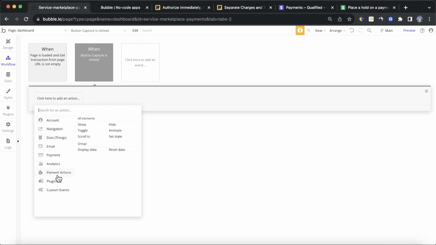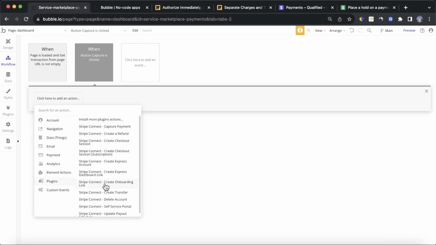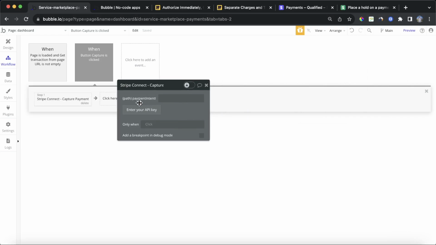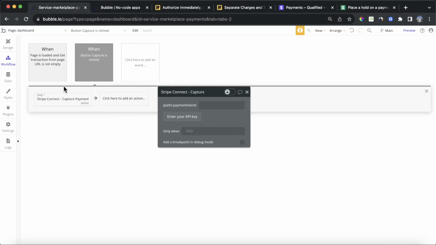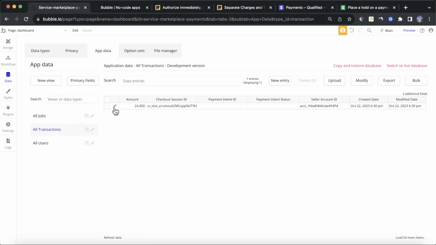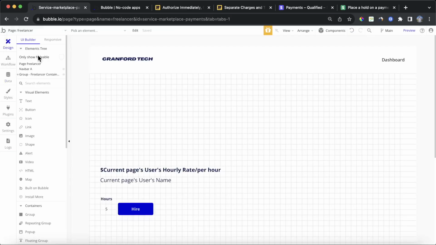I'm going to go down to plugins, and then Stripe Connect capture payment is the action we want. And you'll see here we actually need the payment intent to capture the payment. So we need to solve the problem of not having a payment intent ID before we can actually capture the payment. And just to take a look at our database, you'll see here on the most recent transaction, I've deleted all the other ones to keep it simple, we're missing these two fields, payment intent ID and payment intent status. So what we're going to do is go back to the freelancer page